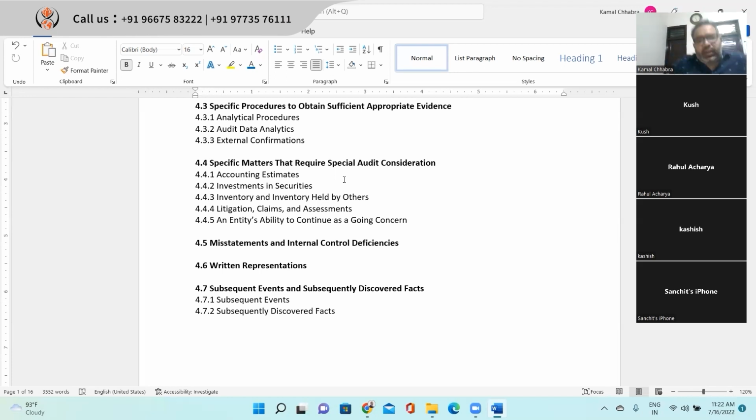Next is inventory and inventory held by others. What comprises inventory? What all things come in inventory? Raw material, work in progress, finished goods, stores and spares, right? And what is inventory held by others? So basically held by third parties